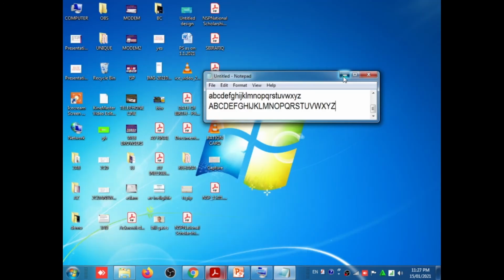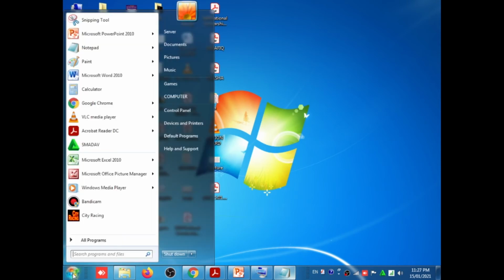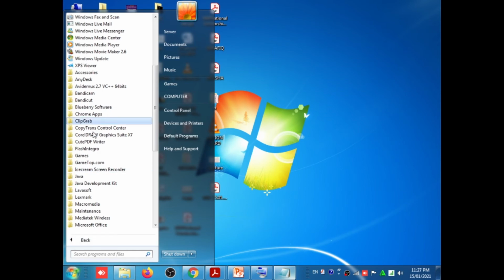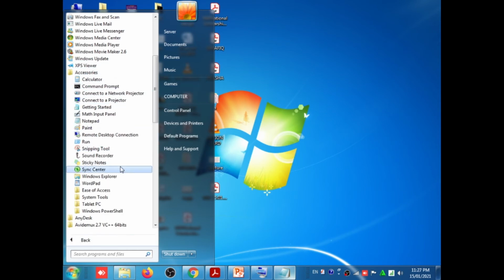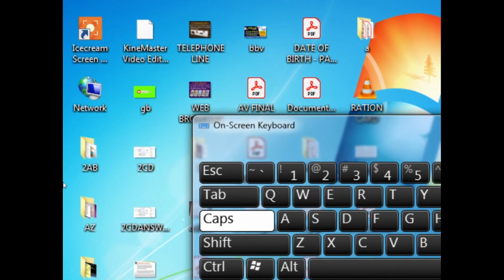If you observe here, these are the screen. It's looking very small. It is somewhat visible. It's not possible to see this. Now I'm going to use a magnifier. Okay, just same. Click on the start button, all programs, then click on the accessories, same, ease of access, and you select the magnify. Okay, now see here.